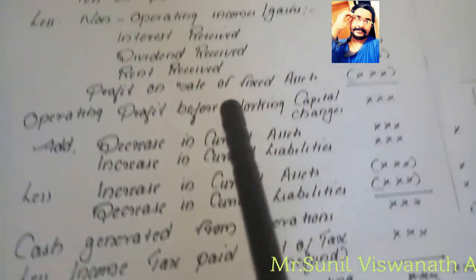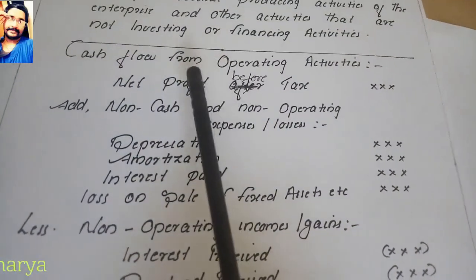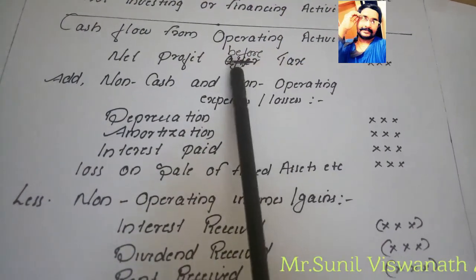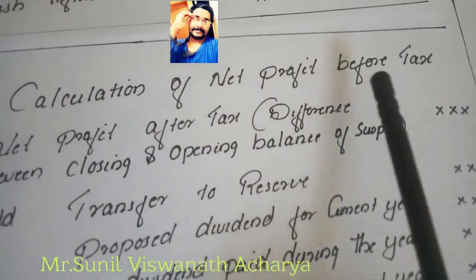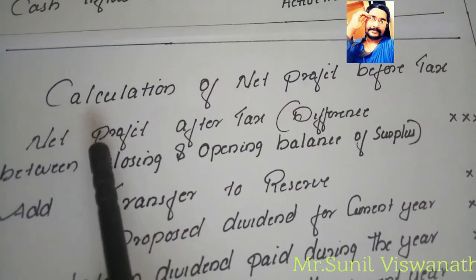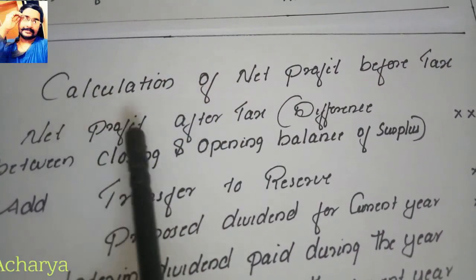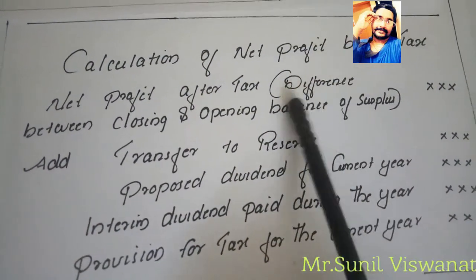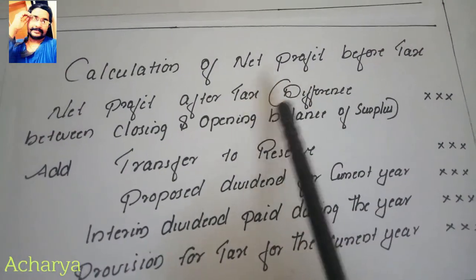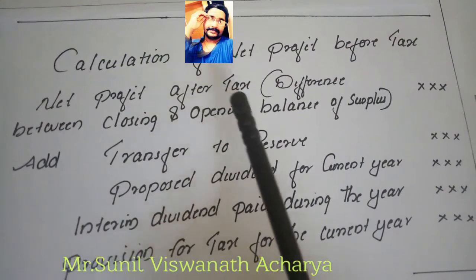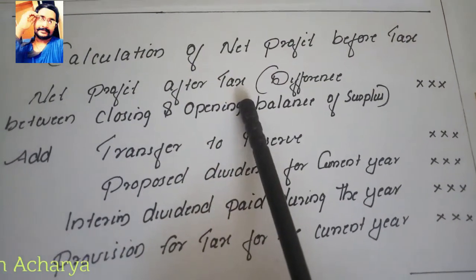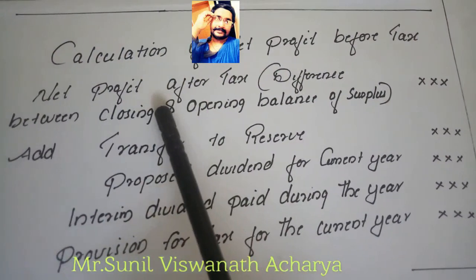Okay, now already I said when you start cash flow from operating activity we start with the net profit before tax. How to calculate net profit before tax? Okay, here I will show the calculation of net profit before tax. First, if you are taking net profit from the balance sheet, you will get a net profit after tax. How to take it? When they give the balance sheet, they will give two years of information. Okay, so the opening amount you have to minus from the closing amount. That is, the first year amount you have to minus from the second year.